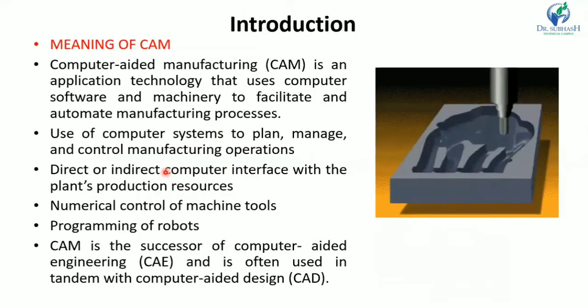Now, introduction to computer-aided manufacturing. Meaning of CAM: computer-aided manufacturing is an application technology that uses computer software and machinery to facilitate and automate the manufacturing process. CAM is the successor of computer-aided engineering and is often used in tandem with computer-aided design. It is the use of software to control machine tools and related ones in